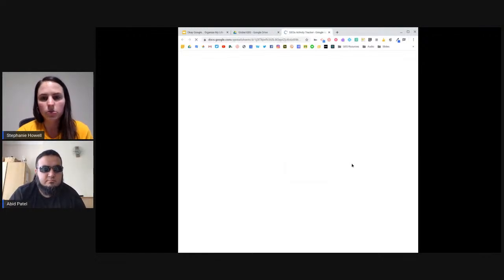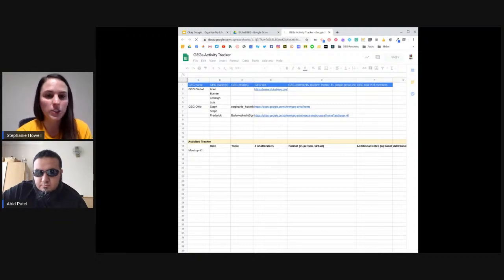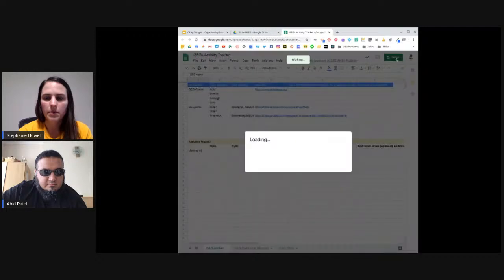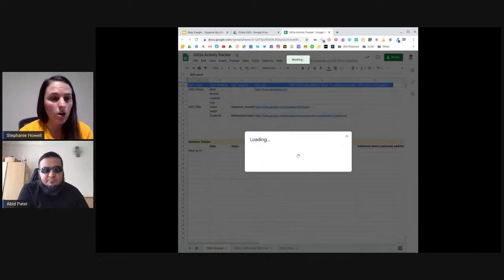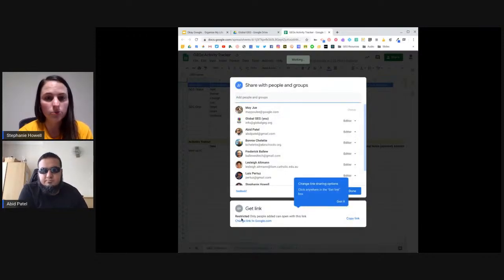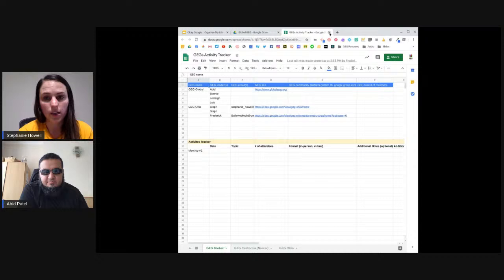So if I go into this Google Sheet, and I click this share button, it's going to be green. The colors match with the Google product. I click the share button. And then again, you can add people the same way that you saw in the previous demonstration from Drive. I can also get the link. I can see right now this is restricted. Only these people that are on the list can see this. So make sure you're double checking your documents for what you want it to look like.